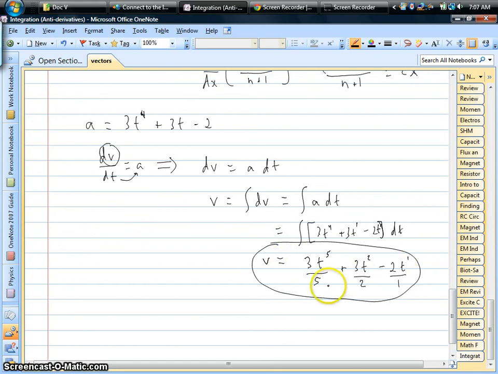We could do an antiderivative of this to get our position. Okay, so here is the first term. We have 3/5 as our constant. We're going to add 1, so we get time to the 6th power now, and divide